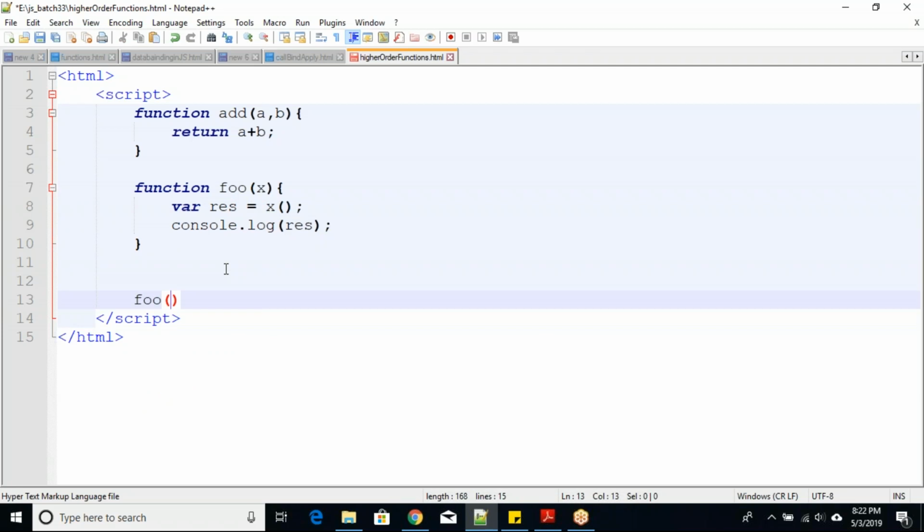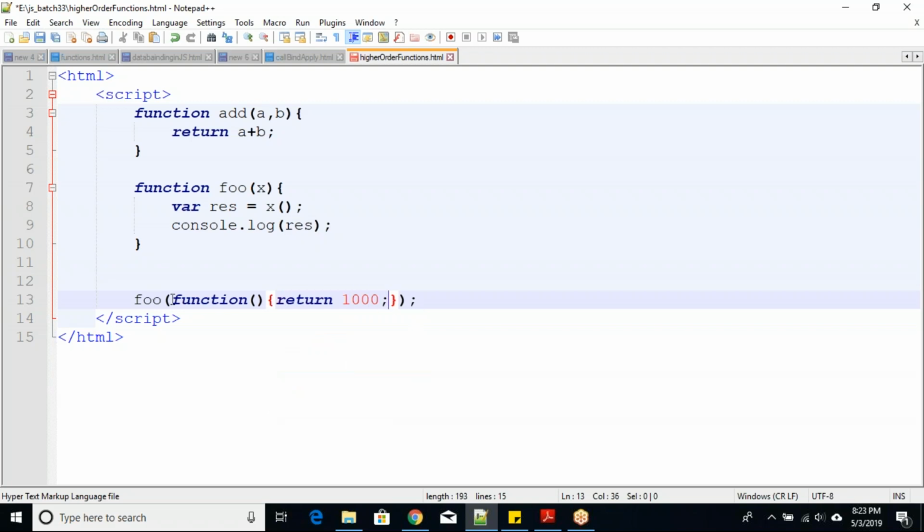So how can I pass another function as an argument? I can pass it directly like this, a function which will return 100, some 1000, something like that.